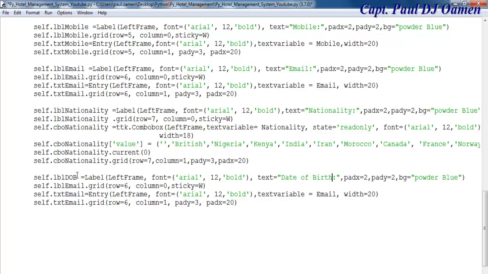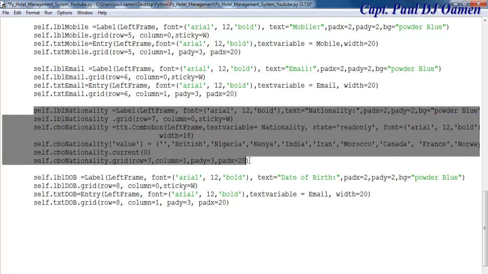Right, so let's just add DOB around, change this as well. There, and if this one is 7, this is going to be 8. That is done. Okay, and I'm also going to need one with combo box, so I'm going to copy that,